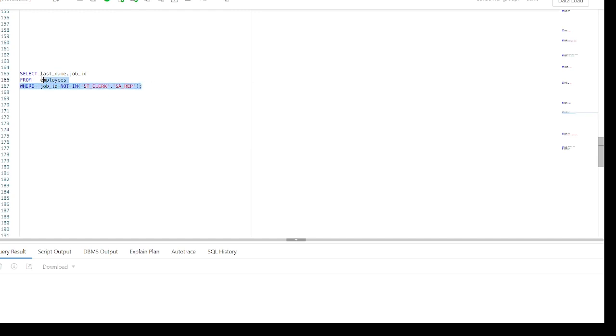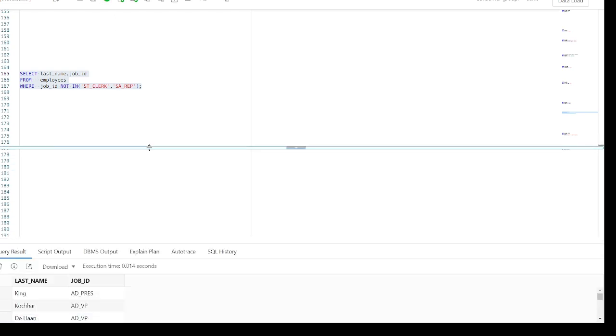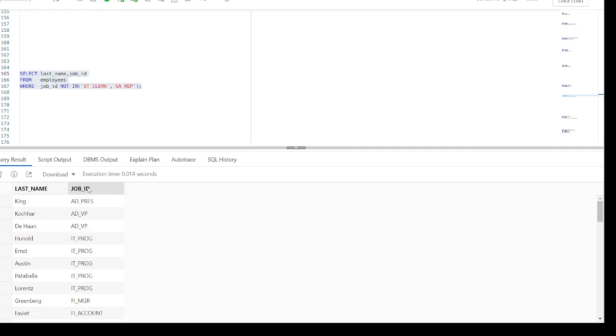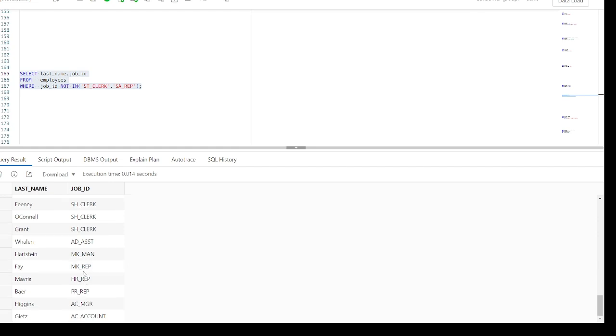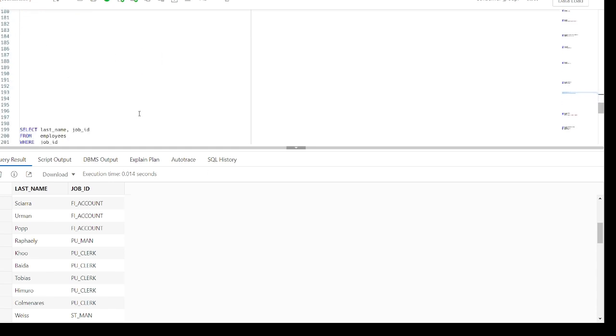So when we execute this query, you will see that we have the last name and job ID for all job IDs apart from stock clerk and sales representative. So nowhere will we find the stock clerk and the sales representative. Okay, so this is how we use the logical operators with the WHERE clause.